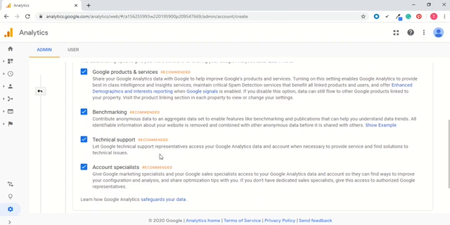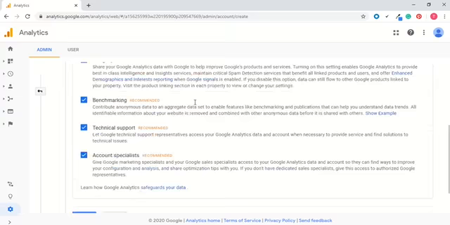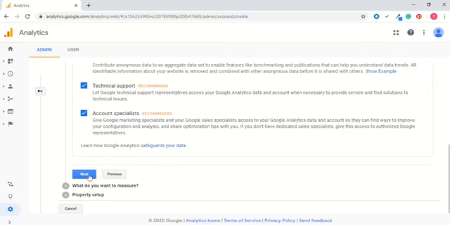And then the second two data sharing options are just allowing technical support and account specialists, so letting people give you recommendations on how to improve your accounts, how to improve performance, and how to use their platform the best way. So I typically like to keep all four of these checked, and then you're going to click on